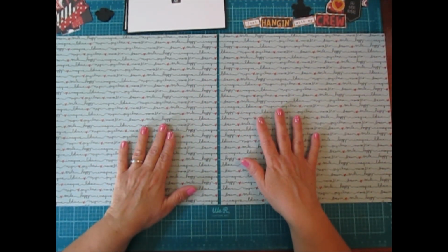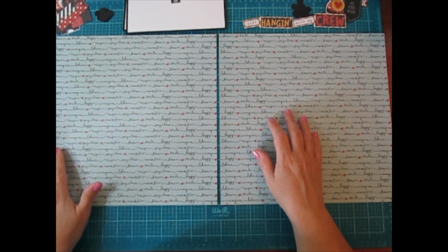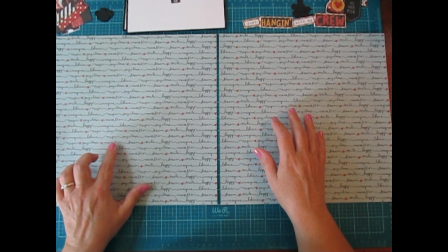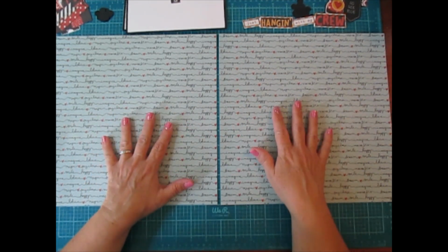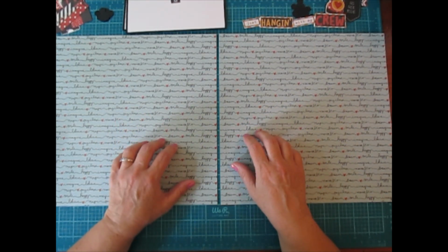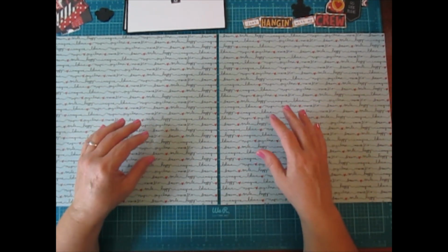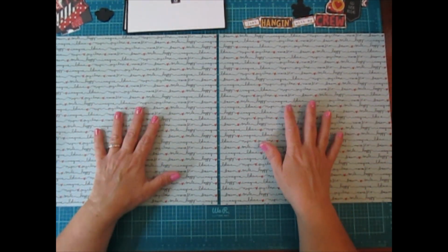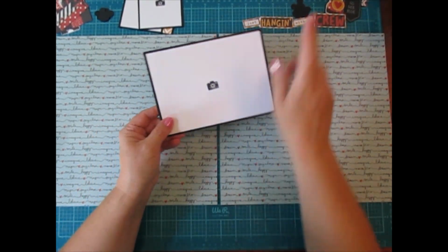So today I'm using this really pretty pattern paper, and it says believe, magic, say cheese, mouse and company, dream, smile, happy, imagine, all throughout the pages. So I wanted to do a simple layout on these two without having to add in any scraps or anything like that. So I went ahead and I cut out 2